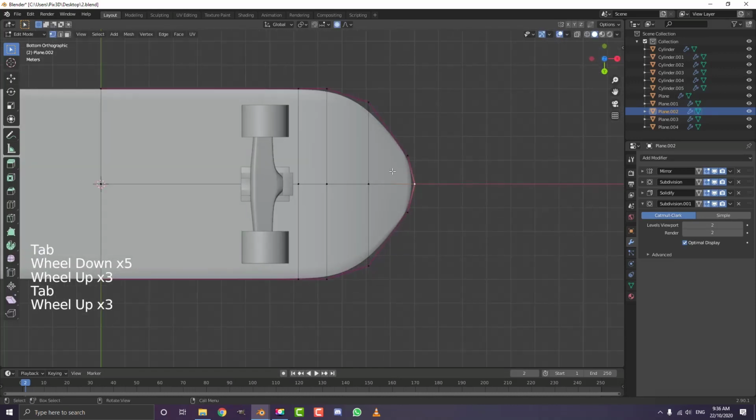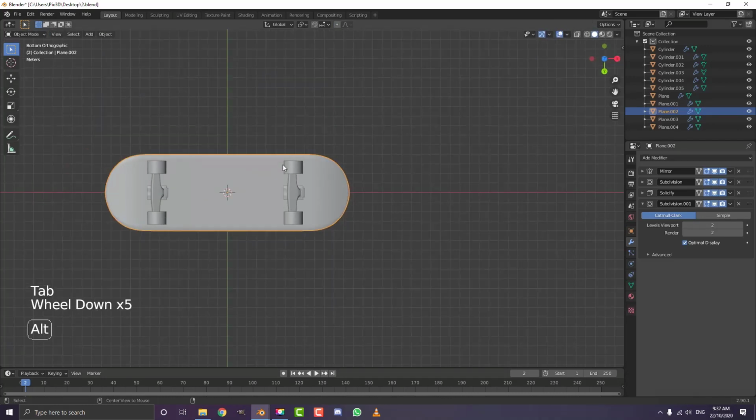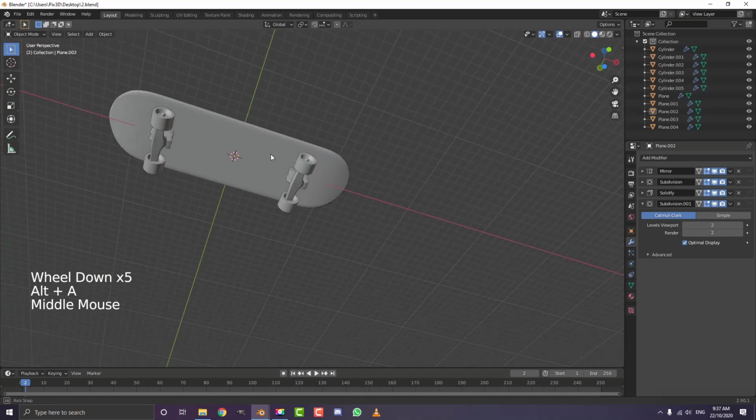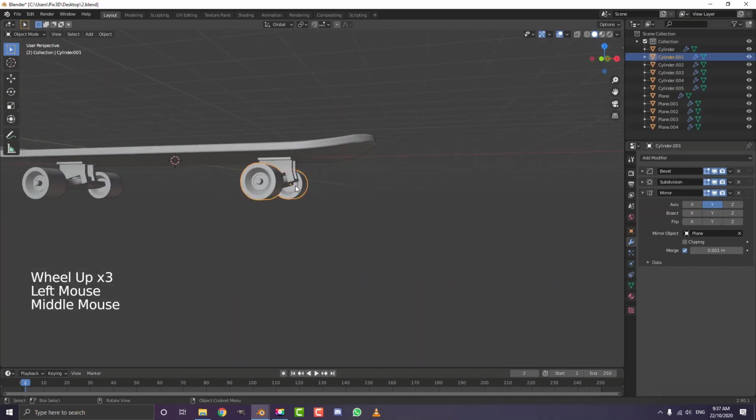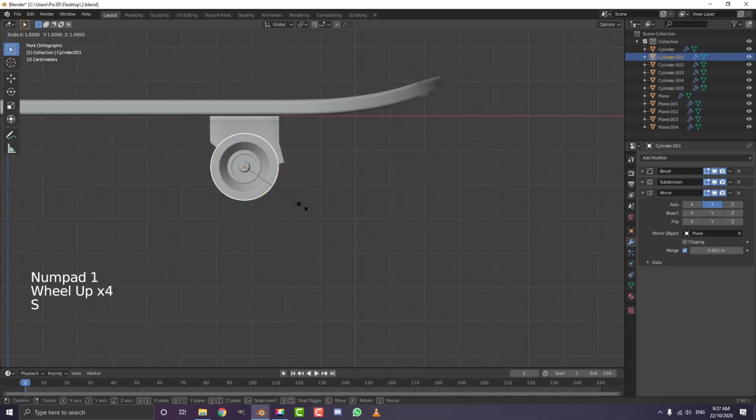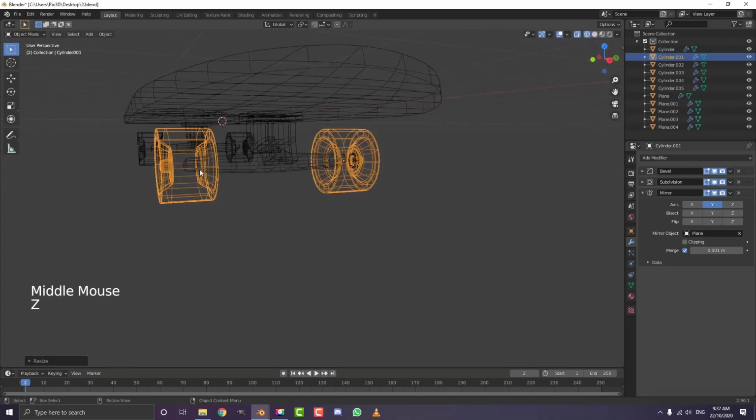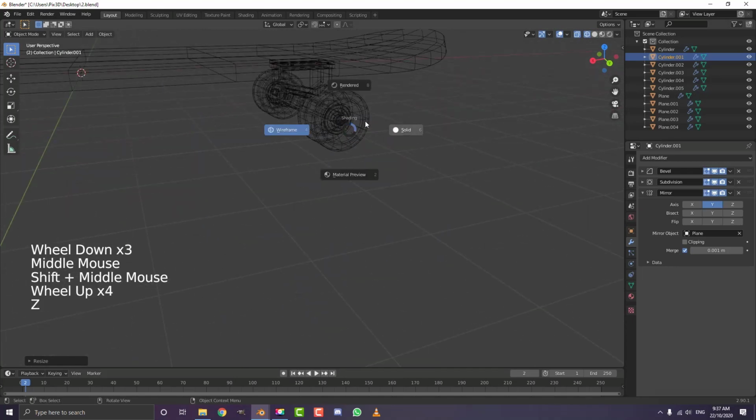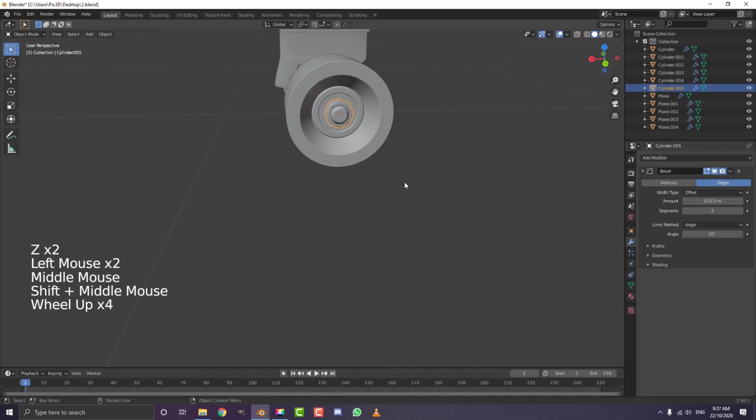But look at some references on the internet and try and just kind of get a style of board going that works for you. So I'm not going to go too much into it, just a basic board like that. I think that these wheels, I personally feel like they're a little bit too small. So I'm just going to scale them up just a little bit, like that. And obviously we also need to grab this nut over here and just scale that up just a little bit